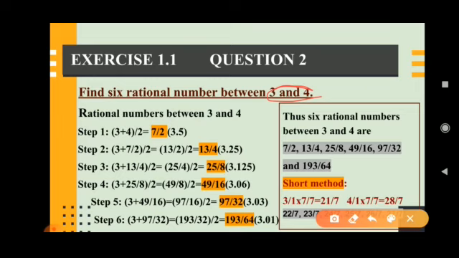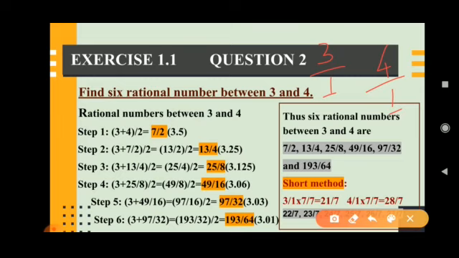Clear? And other than this, we have one alternate method. How to use the alternate method? Just take 3. In rational numbers we can write 3 as 3 by 1, correct? 3 by 1 is nothing but 3. Here 3 is P and 1 is Q, so it is expressed in P by Q, and the denominator is not equal to 0. So 3 by 1 is rational. Again, 4 can be written as 4 by 1, where P is 4 and Q is 1. It is in the form of P by Q and the denominator 1 is not equal to 0. So 3 by 1 and 4 by 1 are rational.